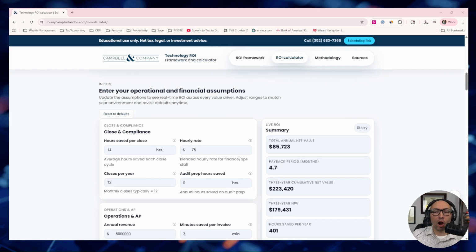So feel free to click on ROI calculator up at the top. Scroll down till you get to the actual assumptions, and you're going to see close and compliance. Now, the month-end close, this is something all organizations have. If you're a little smaller, your bookkeeping team is definitely doing this at the end of every month. They got to classify transactions. They got to close it. They have a process they're going through to reconcile your bank accounts so that you actually have financial statements to